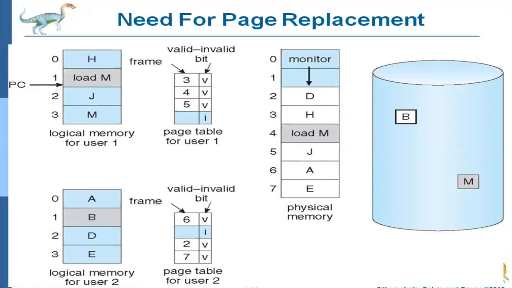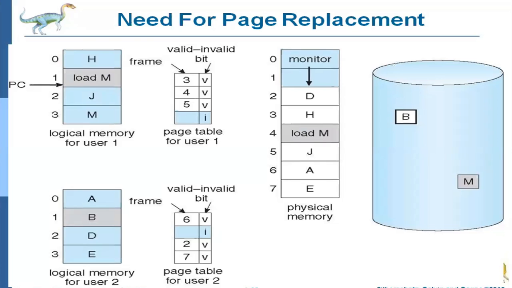So what is the purpose of page replacement? Already we discussed in the previous concept, demand paging. In demand paging, when a page fault occurs, we have to bring a new page from disk to main memory. If main memory, that is physical memory, is full, unwanted pages are stored into the disk and a free frame is created. In that free frame we store whatever page the CPU wants for executing a process, and that page is loaded into the main memory, right?